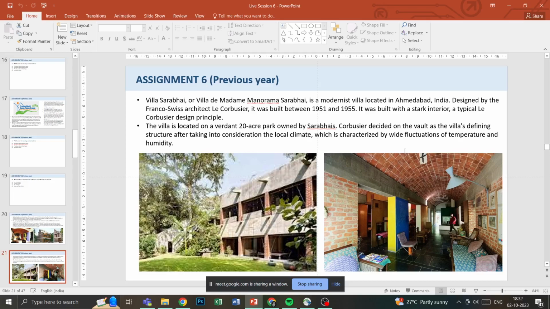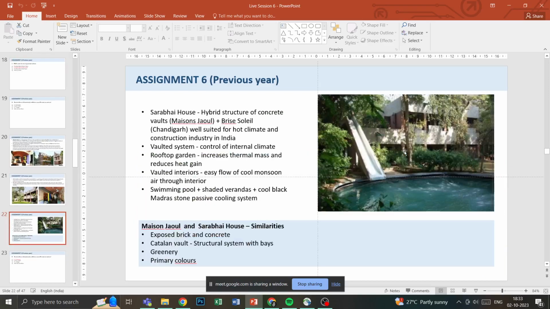Corbusier decided on the vault as the villa's defining structure after taking into consideration the local climate, which is characterized by wide fluctuations of temperature and humidity. Ahmedabad has a very hot and dry climate, so they have wide fluctuations of temperature. The temperature gets really high in summers especially, and humidity. So he chose the vault in consideration of that, and the idea of using vaults in consideration of climate response was that the vaults create bays or long hallways which helps air pass through,